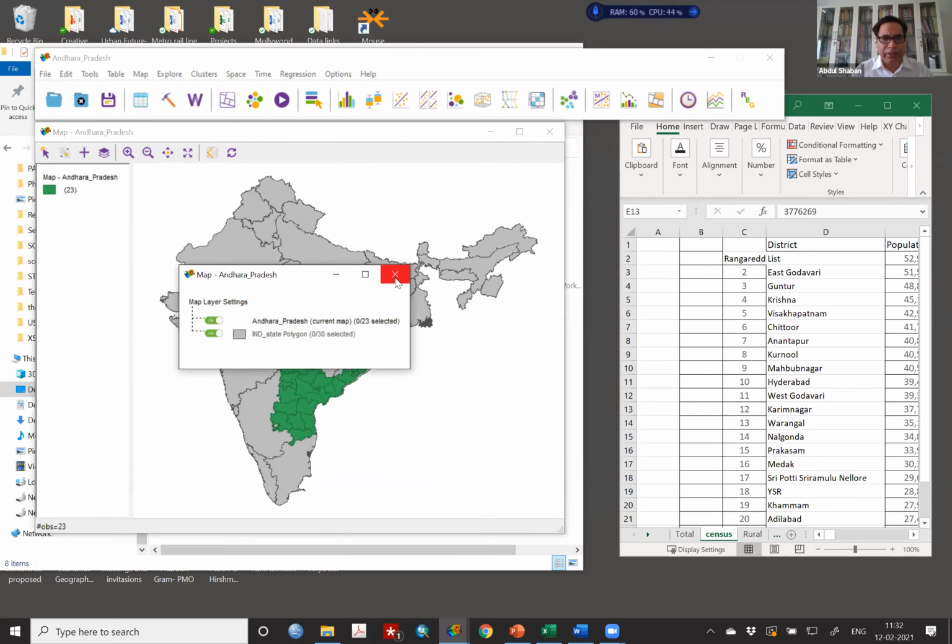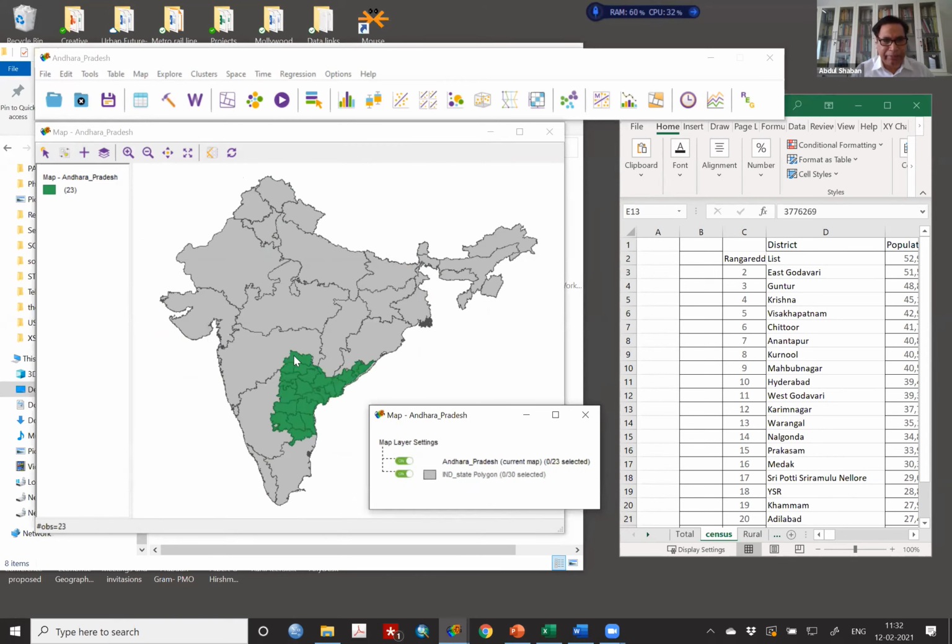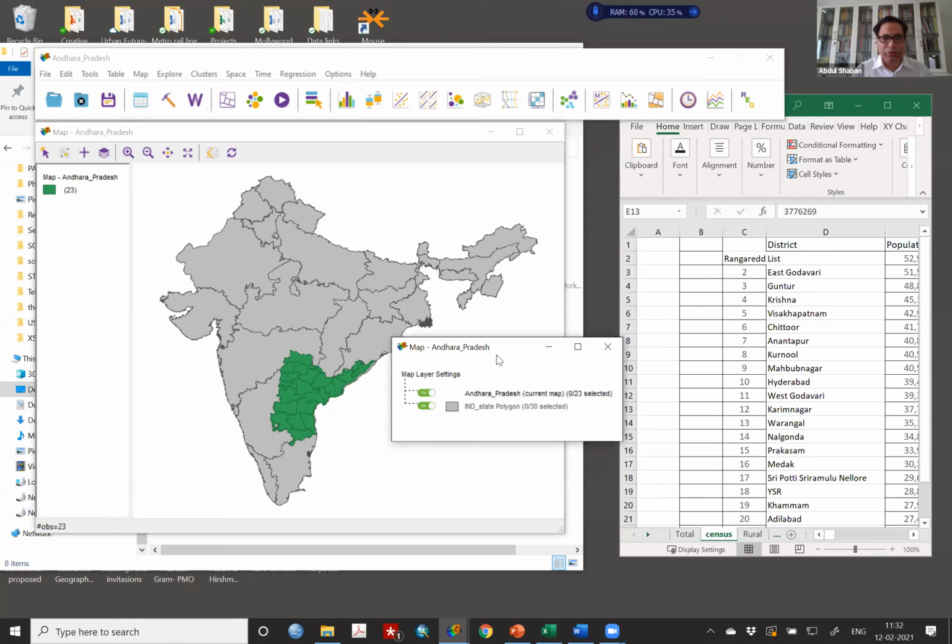Now it opens. Look at what it is showing. Some of the things I am still constructing. I have not constructed the complete map of India. Some of the states are still missing here and here. So I'm just working on it. So you have this. Look at how it is done. The India state shape file has come, and then the Andhra Pradesh shape file is totally aligned to that. You understand?